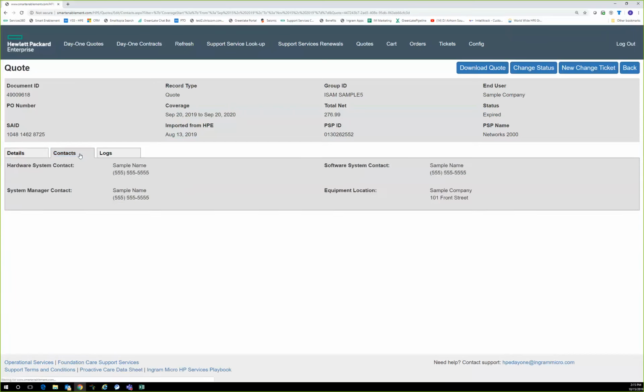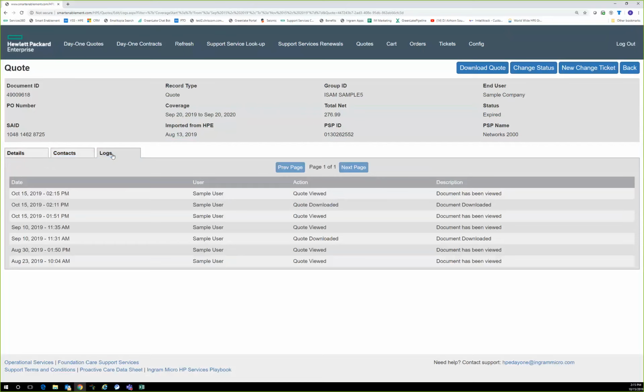We capture the end user's information on a separate tab here, so if you wanted to see who the end user contact was, we've got that broken out. We also will keep a log file. That log file is useful in a couple of different senses. One, if you have multiple users within your company that are using the portal, you would be able to see what other users within your company have looked at this quote. Two, if there are revisions made to this quote,